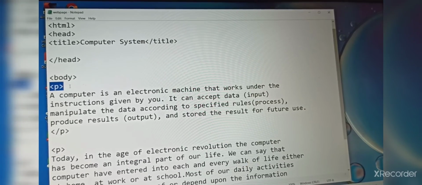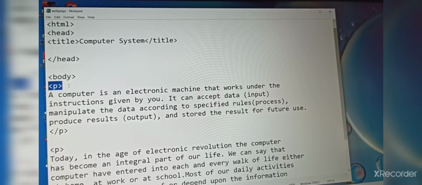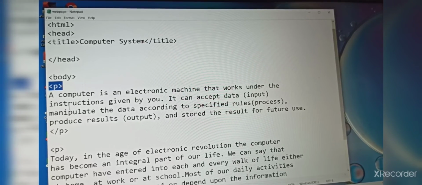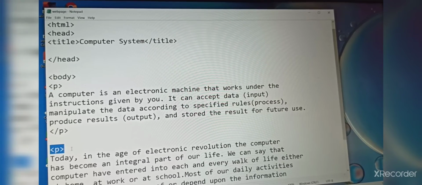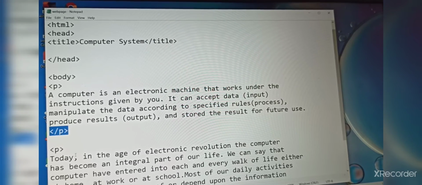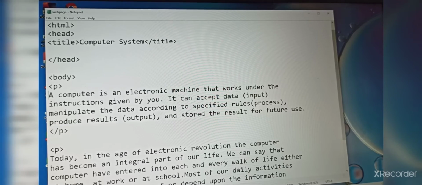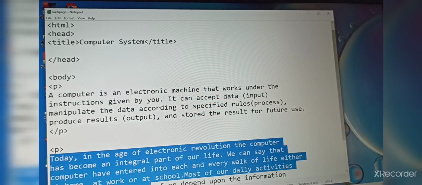I have written a P tag here, and the P tag has both opening and closing tags. In one P tag I have written some sentences, and in another P tag I have written some sentences, and after writing I have closed the first P tag with /P. So some sentences are in one paragraph, and some sentences are in another paragraph.